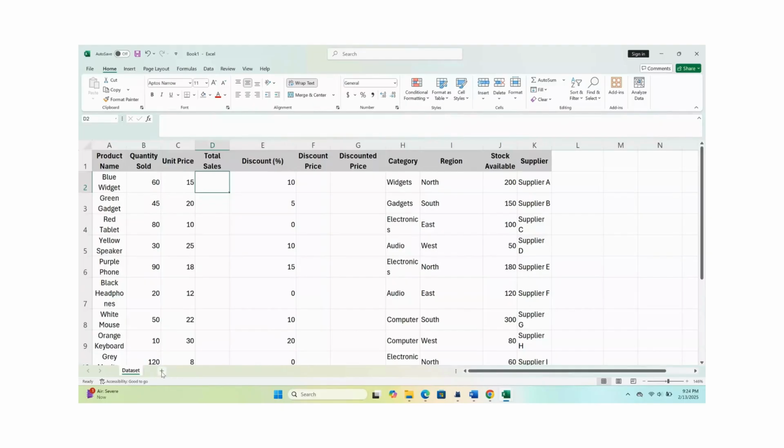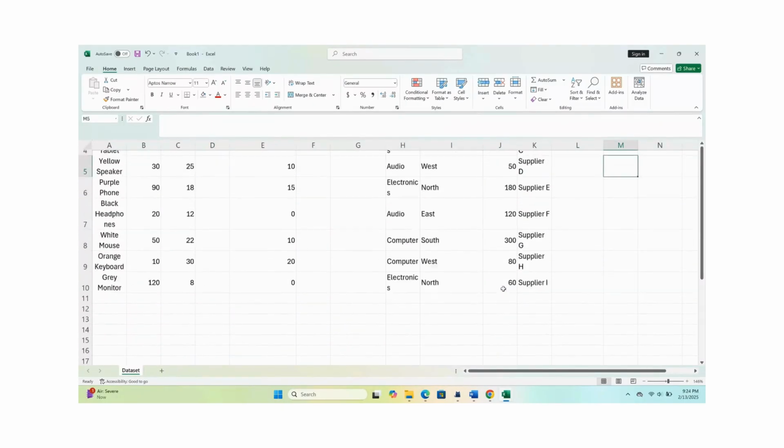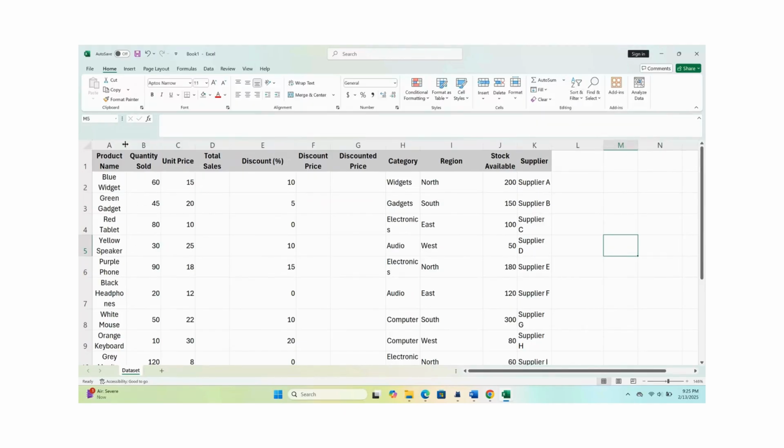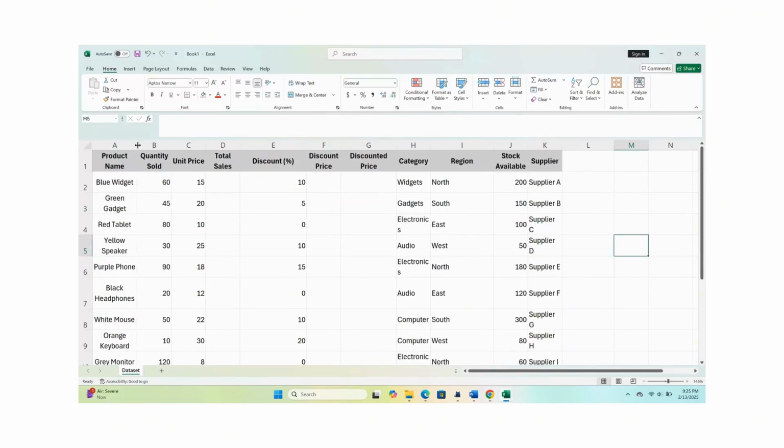In today's video, we are diving into something that's fundamental to working efficiently with Excel: basic formulas and functions. If you are ready to step up your Excel game, you are at the right place. Before we get into the formulas and functions, let's take a look at the database we will be working with